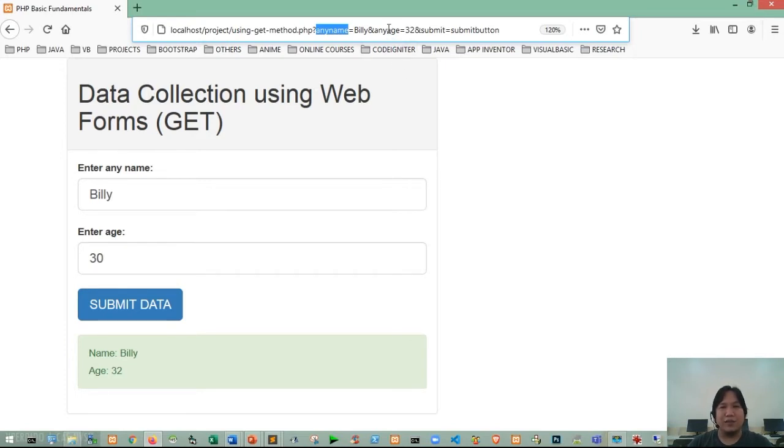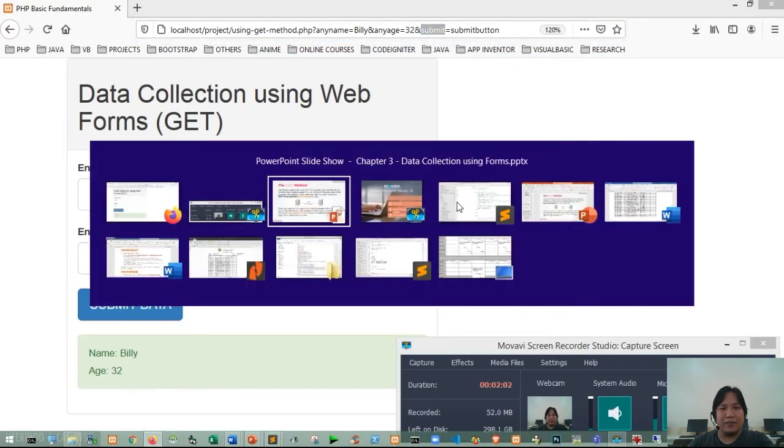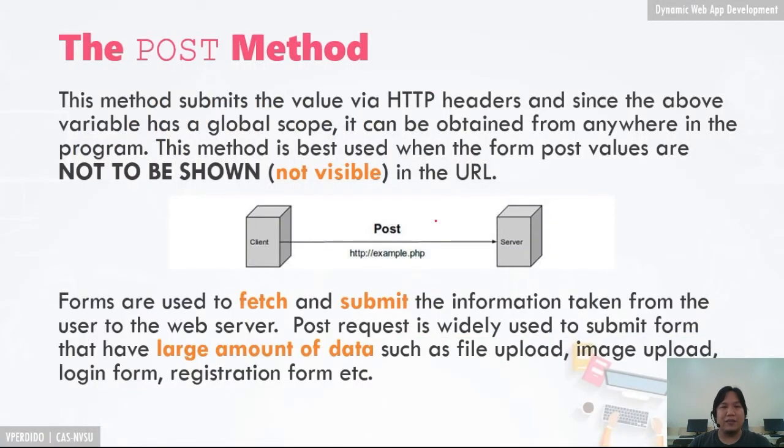Same true with the submit button, wherein we use the isset function or built-in function in PHP para alam ng ating PHP script na yung ating submit button is na-click. So, sa ating post naman, makikita natin dito na ang mga values to be post or to be sent to our server will